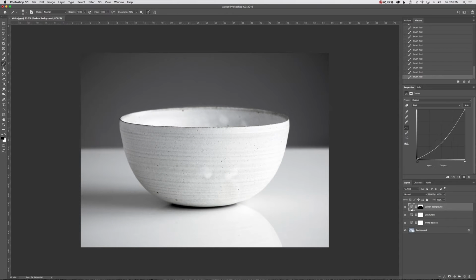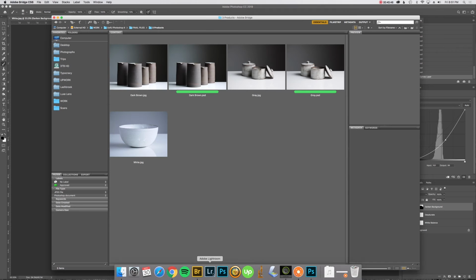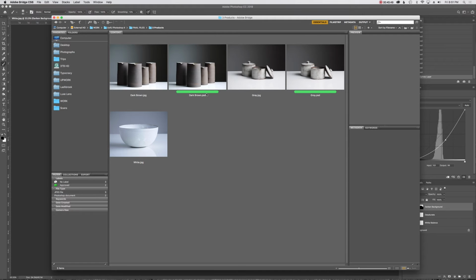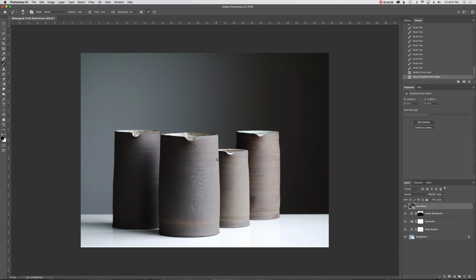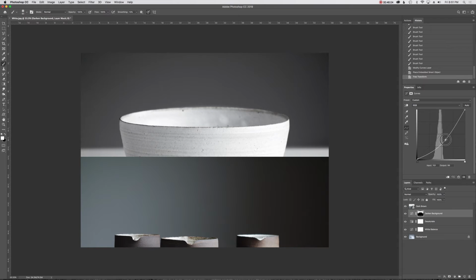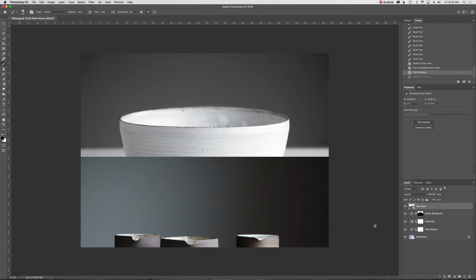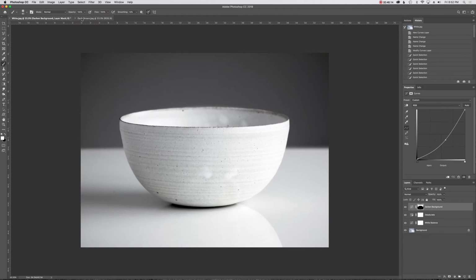So when we started this, I just guessed, darkened it down to a point that I thought looked okay. So now I want to make sure that it actually is darkened down the right amount. So I'm going to come back to Bridge. And you could do this a ton of different ways. You could actually physically drag another file into your document and then maybe move it so that you can see them in the same document, and come right here, back to your curves layer, darken it down to where it looks right. The other thing you could do is just open that document and then go back and forth between